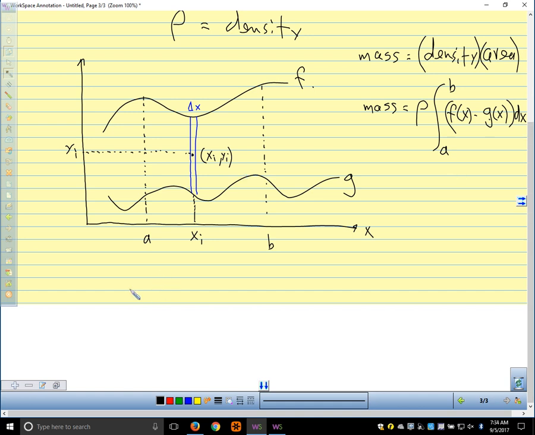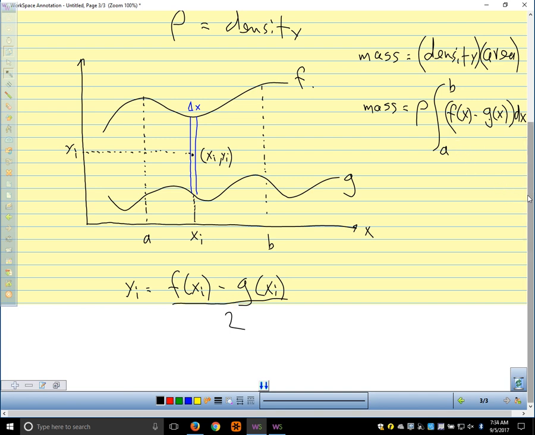So y sub i is going to be f of x sub i plus g of x sub i divided by 2. That's the distance of the center of that rectangle from the x-axis. We need to multiply that distance by the area and the density to get our moment about the